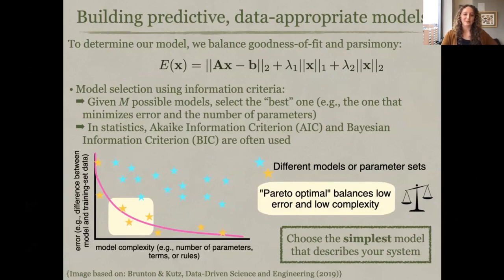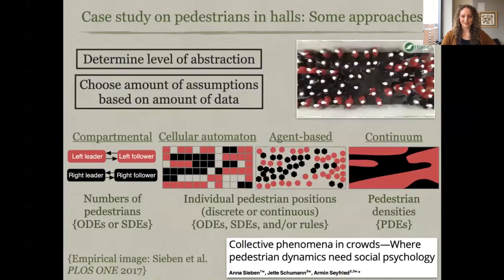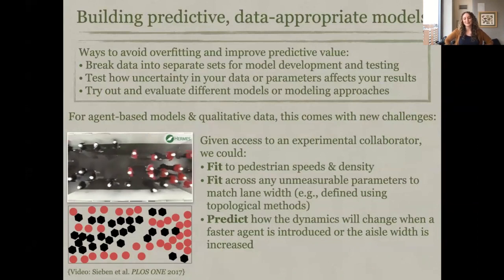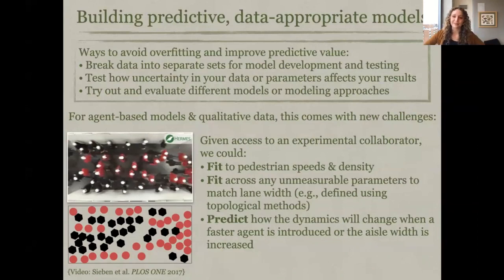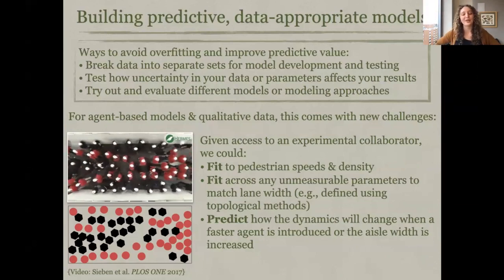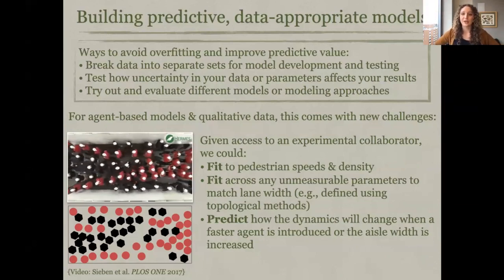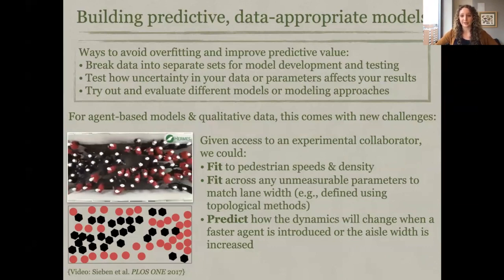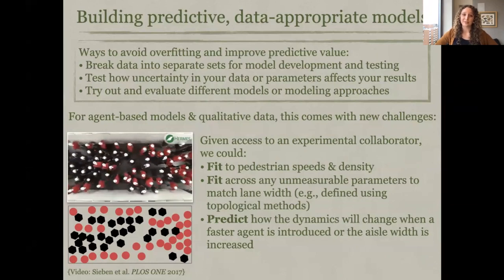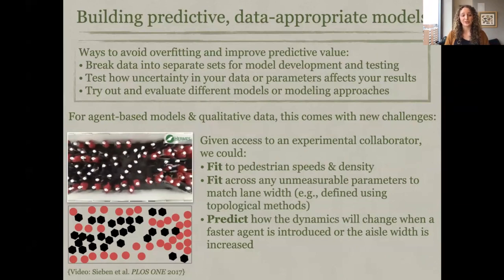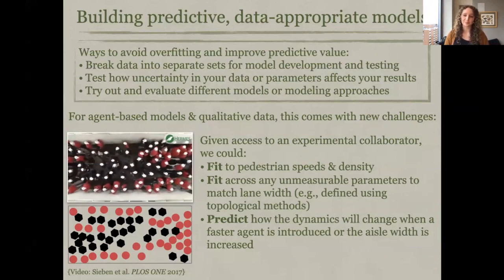Okay, so the only thing I will say on pedestrian dynamics is just that if we look at other types of problems, problems that are much more qualitative, that are not given some trajectory of quantitative data that we can fit to, you can do the same kind of thing, where you fit your model to data and you search across parameters to reproduce qualitative features in your system. It's just that you have to be aware of how you measure those qualitative features in a useful way.